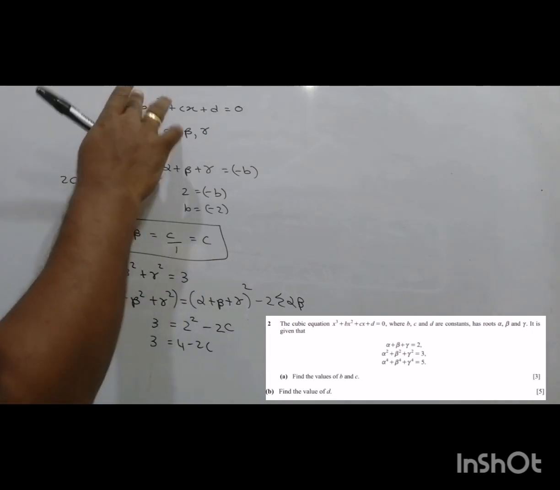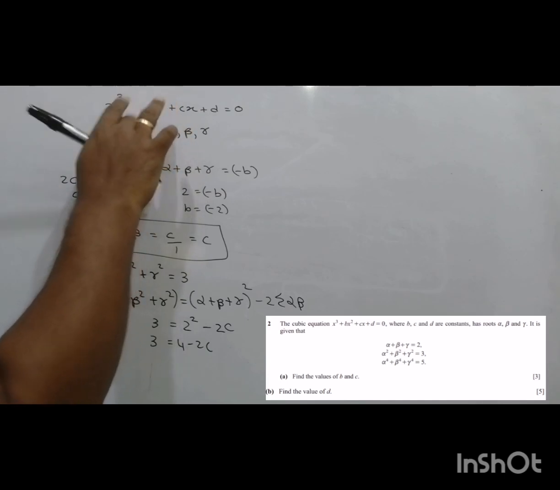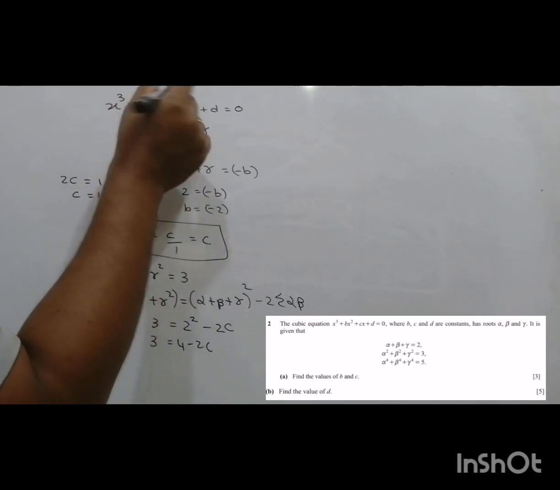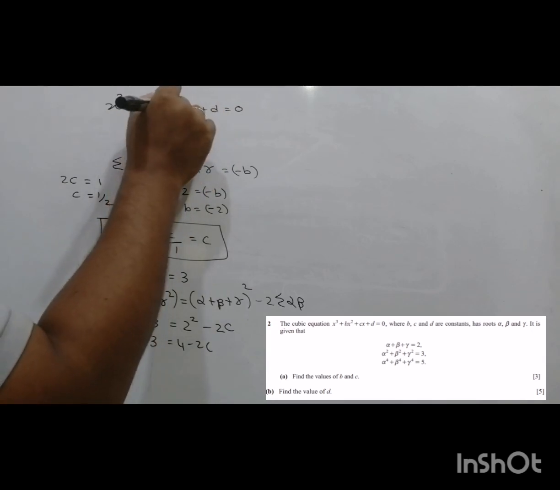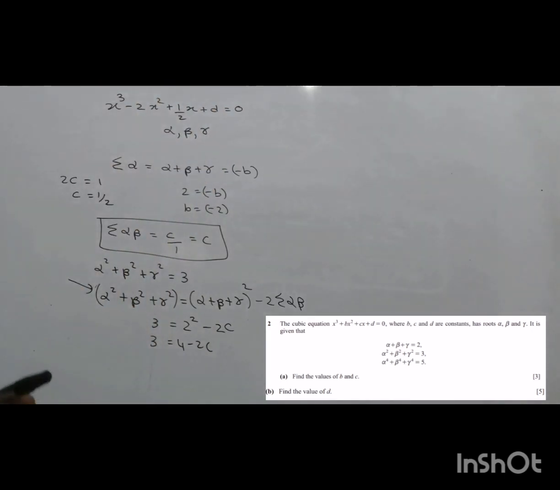So we can plug those values here now before moving on to the b part of the question, and c happens to be half. So x cubed minus 2x squared plus half x plus d is the cubic equation, and now we need to solve for d. Now to solve for d,